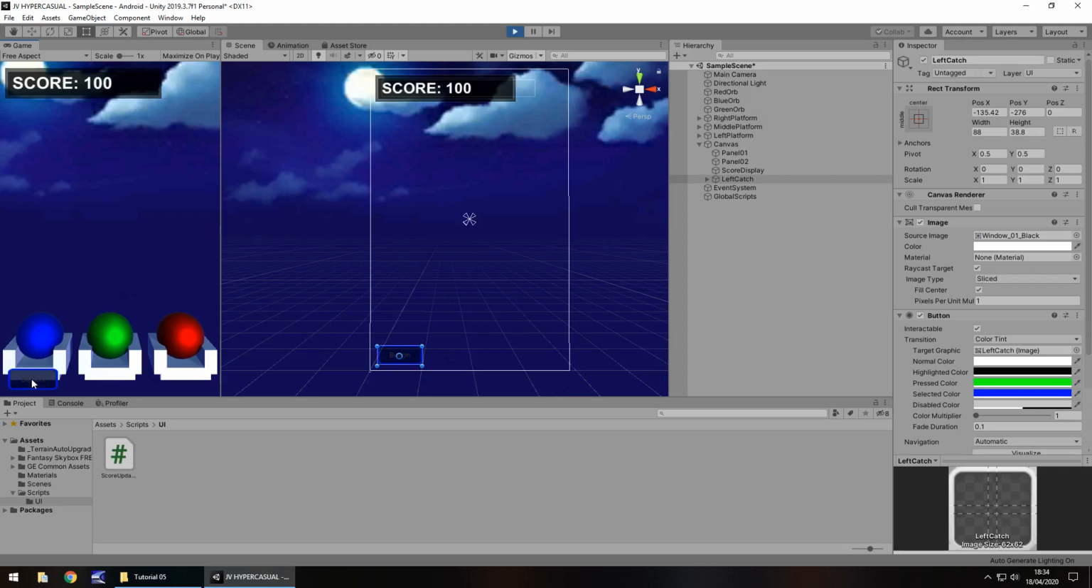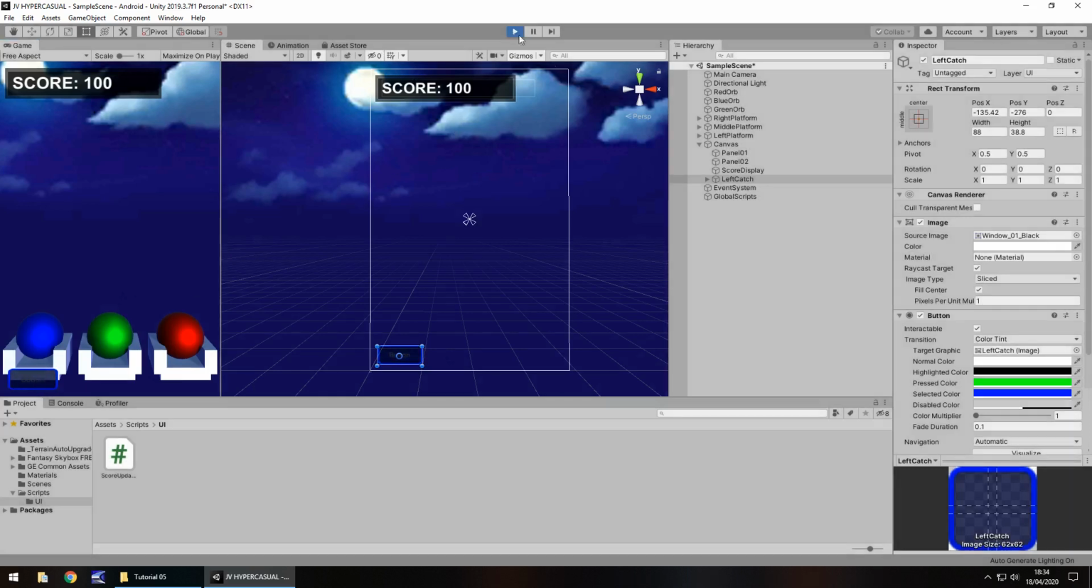So the reason that's happened is because of the press color, obviously we've pressed it, which turns it green, and then the selected color has turned it blue because that is the one that is selected. So what I'm going to do is keep it with these colors, and I'm going to change